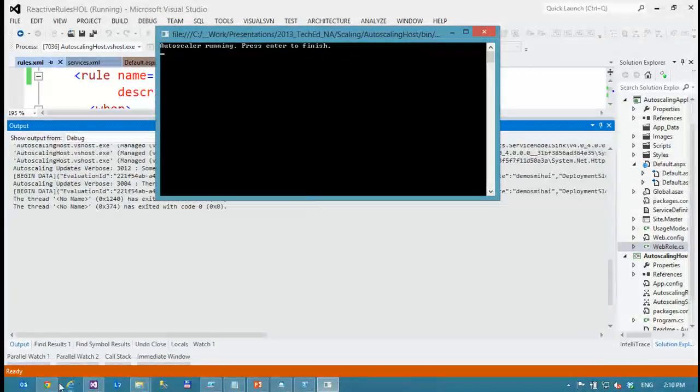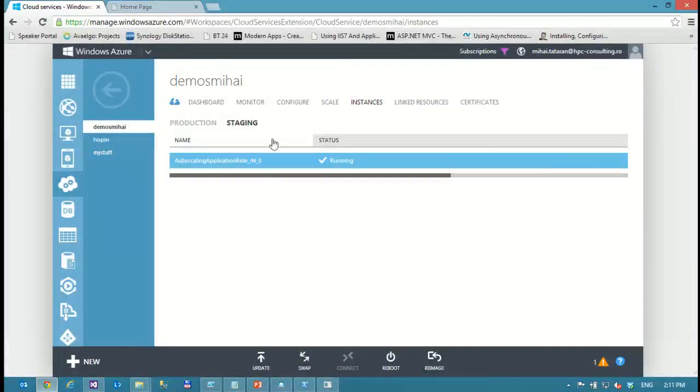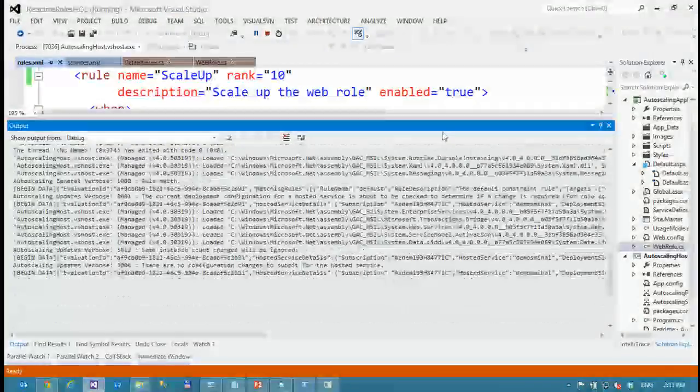Let's see. Okay, in the meantime, I'm going to explain some of the stuff needed for the second part of my demo. So the second part of my demo is going to allow me to throttle, so not to scale, not to add instances, but to cut some features from my web app. As I said before, it's one of the decisions I can take. It can be a good compromise. And I'm going to show you